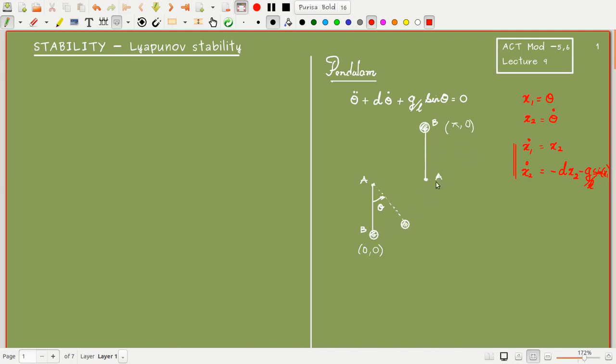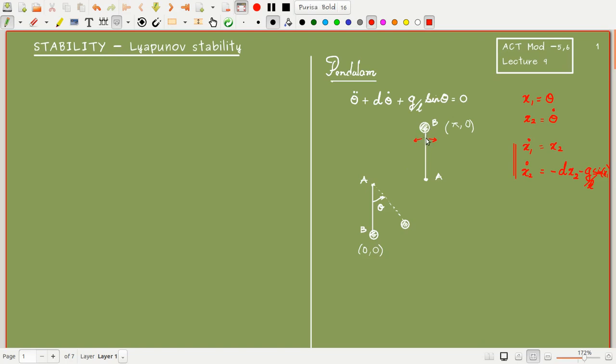And if you look at the inverted position, at this point what we can see is that a very small perturbation to this side, or to the right side, can bring this point to instability. At this point, a small perturbation will attract the bob to the 0 0 point. Okay, so what did we learn from this experiment? We saw that one of the equilibrium points is stable, whereas the other equilibrium point is unstable.